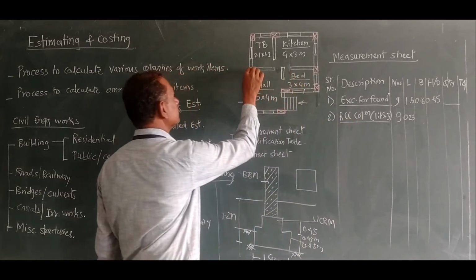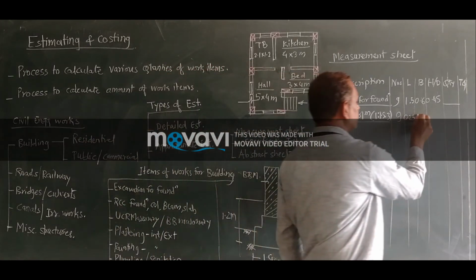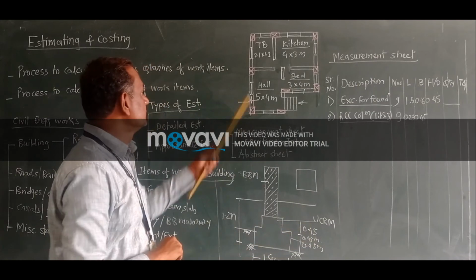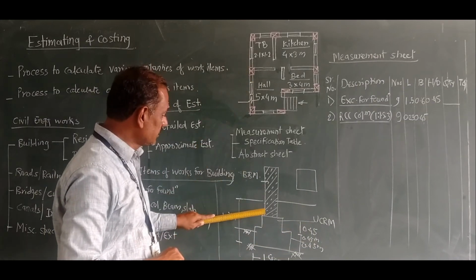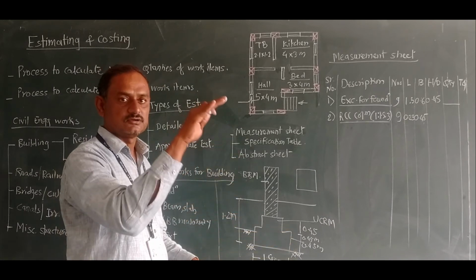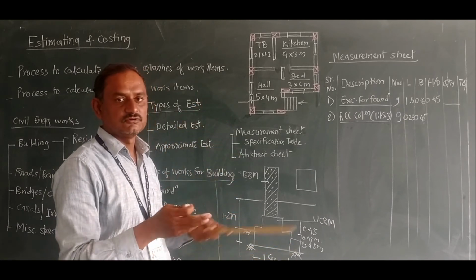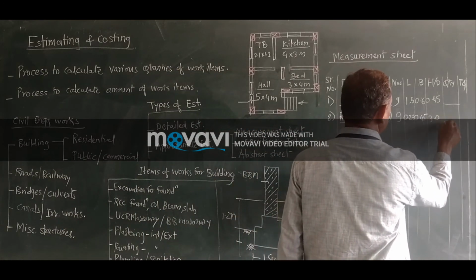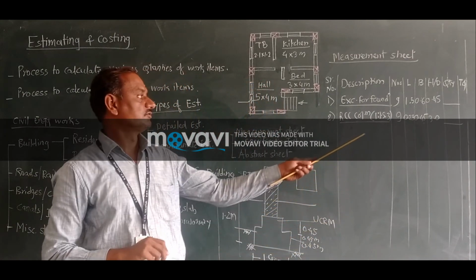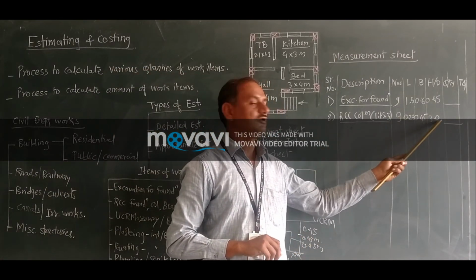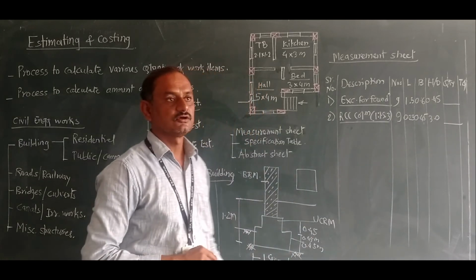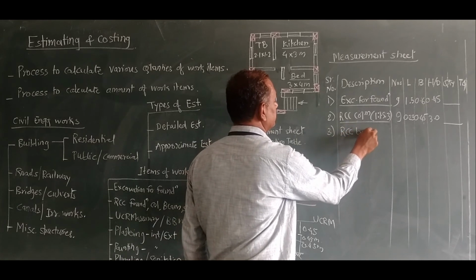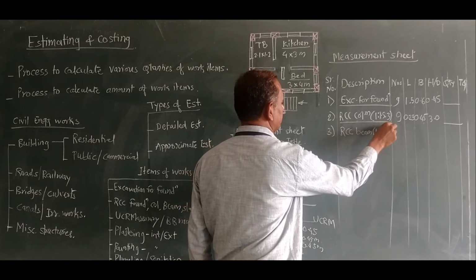Breadth of this column is given by our RCC consultant, that is 0.45 is the breadth. And what is the height? Height is nothing but our masonry height, that is also kept as the column height, that is generally 3 meters. So for making the calculation, we are going to take the multiplication of all these items and we get the quantity. Likewise, we have to calculate RCC beam having proportion